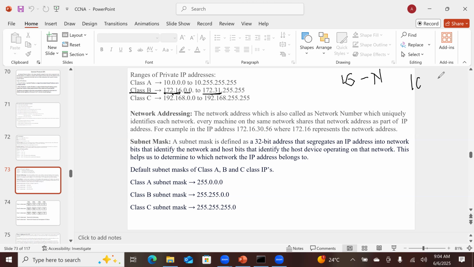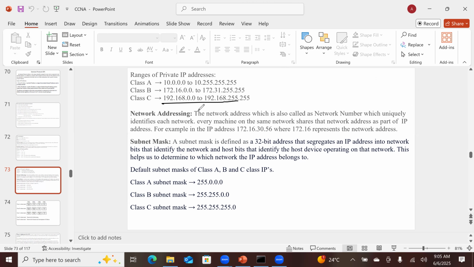That means 2 raised to 16, 65,535. This is the total number of IP addresses we can get in a single network of class B. Here also we are going to get some 1 crore plus IP addresses in this range. Done. And the last one, in class C, the range given is 192.168.0.0 to